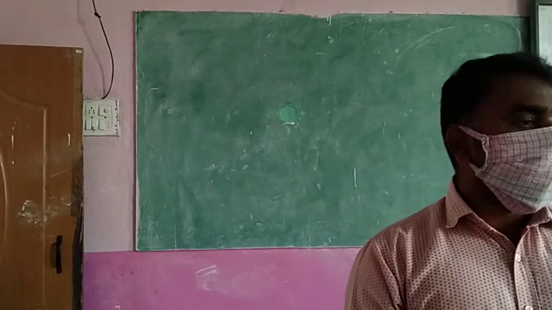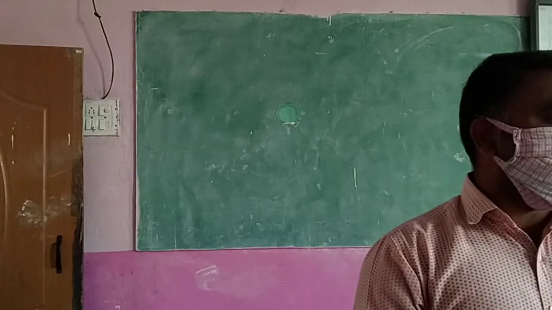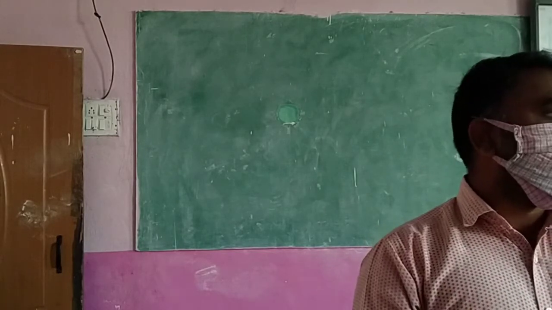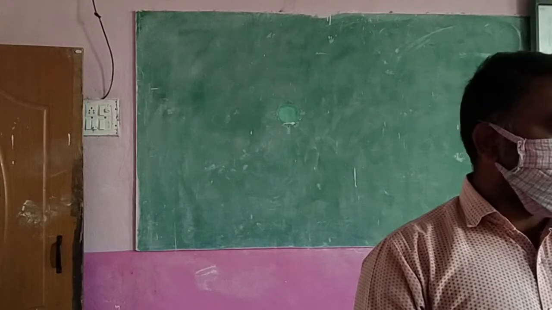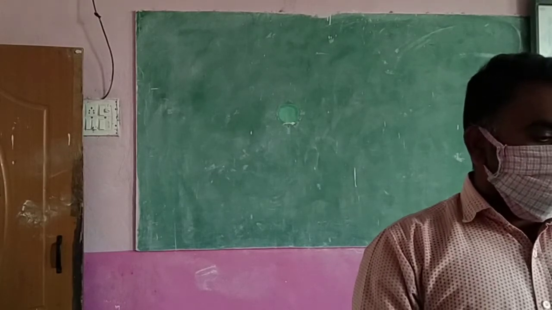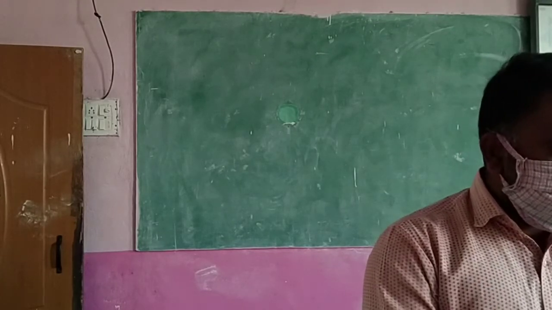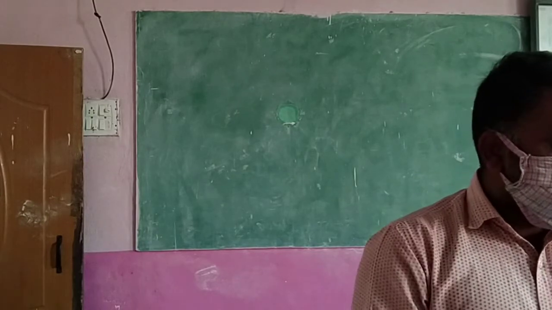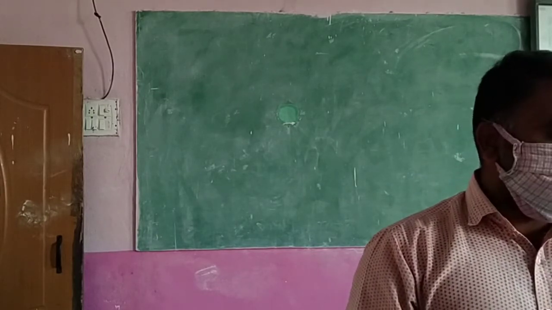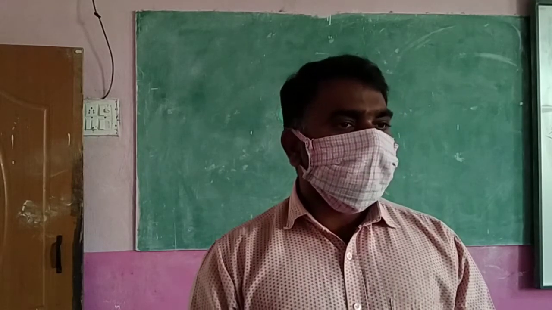Next one. 4 by 8. Numerator is the number of pieces. Denominator is the size. 4 pieces of 8 size. Okay, next. 1 by 8. After writing that, arrange them in order. Increasing order, ascending order. First, what will come? In the order, first what will come? 1 by 8 will come. Next, 3 by 8. Next, 6 by 8.